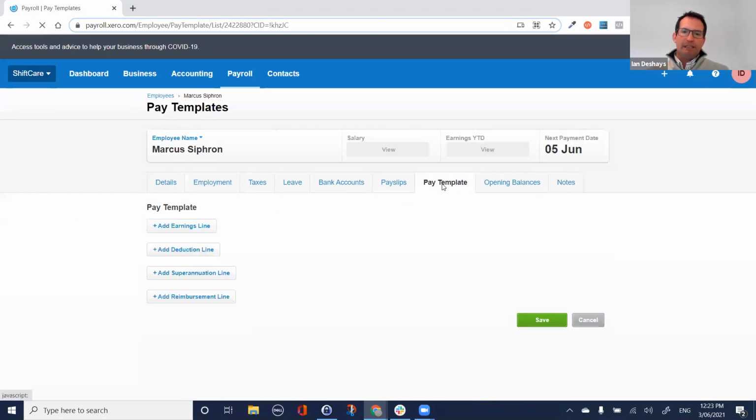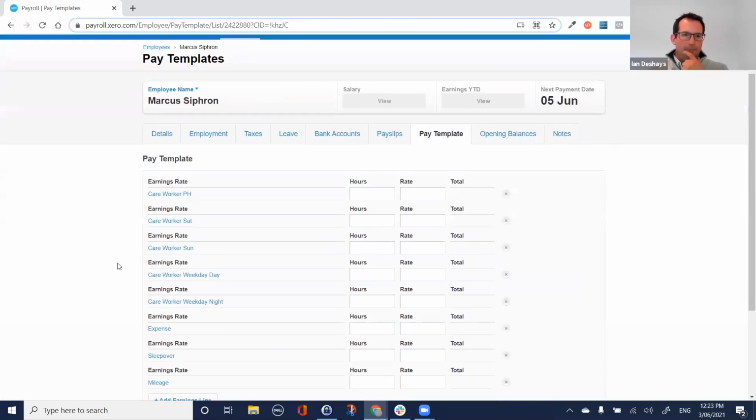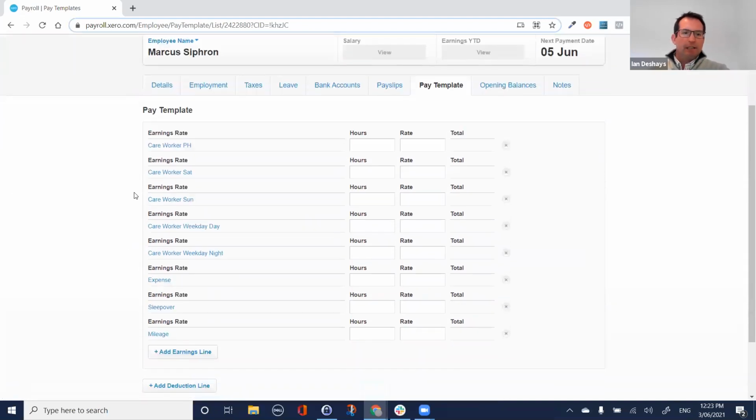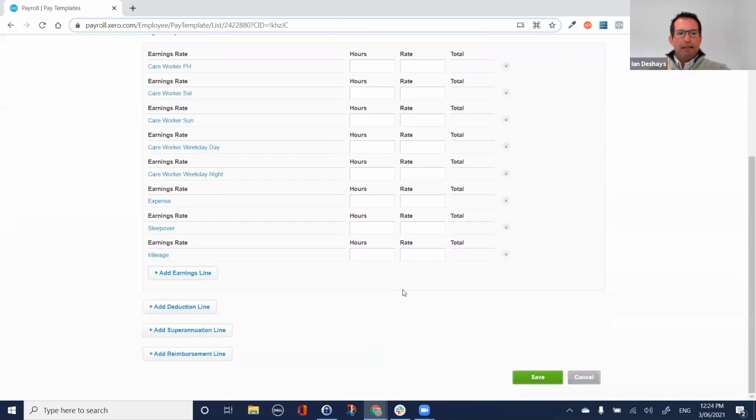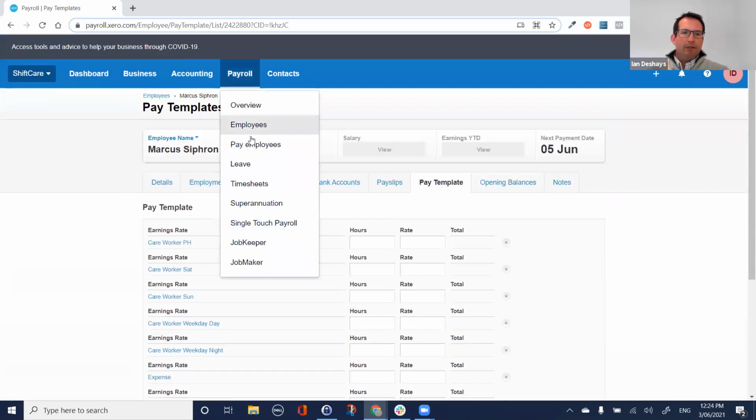And then for each individual employee, we want the pay template. So all of those different earnings rates. So Marcus was a care worker, so we're setting all of the care workers' amounts in there. And we're also adding the allowances in. So now that we've set that, when I go into